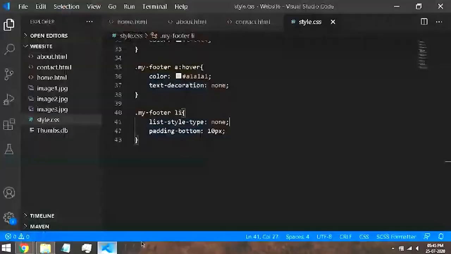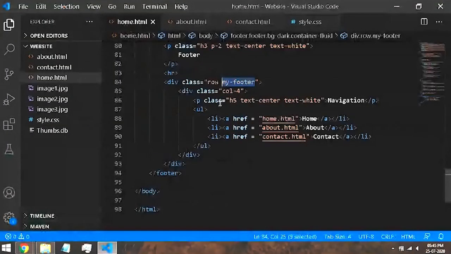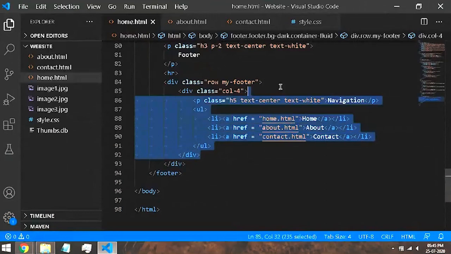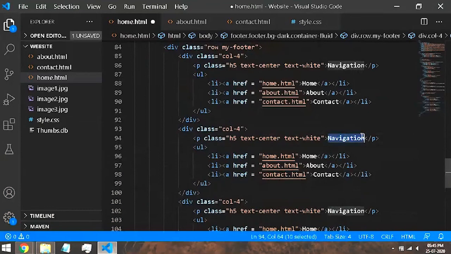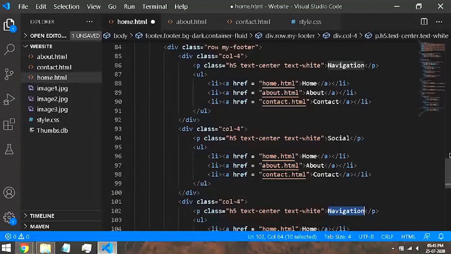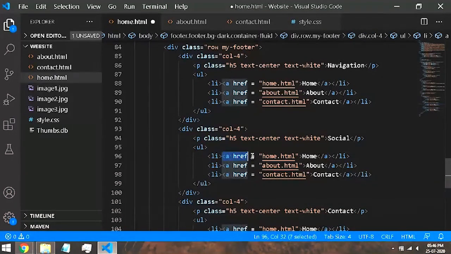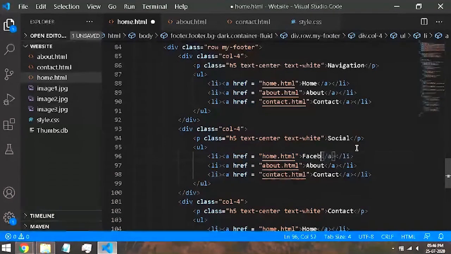So navigation was done. Now since we are the ones who made this, we wrote this, so I can copy and paste. There is no problem with that. I said I wanted three columns, so I'll just say social. Like normally you also have your social media links at the bottom, and also you have your contact details, as I mentioned earlier. So here we won't be having this thing, or we can have links. Let's just have links. No, doesn't matter. Normally social media list items are links only, so let's keep it at link only.